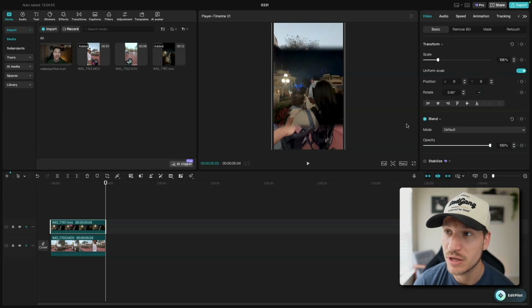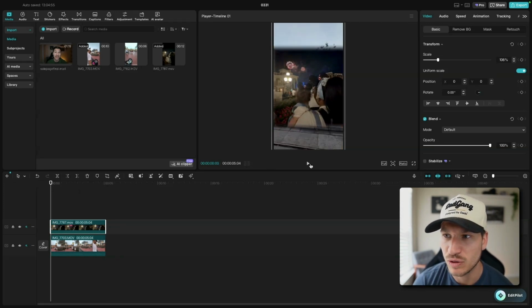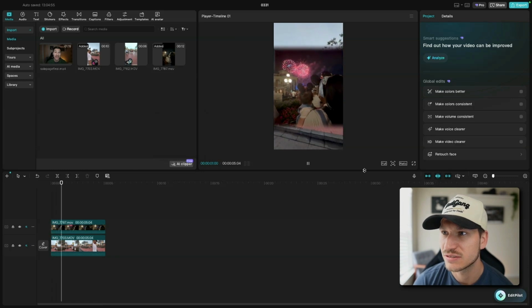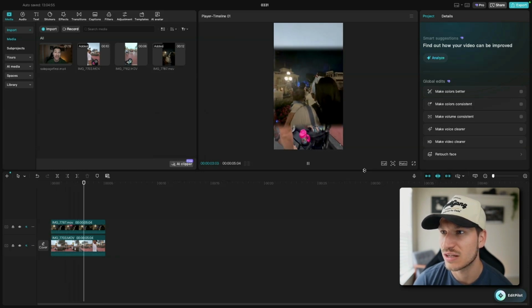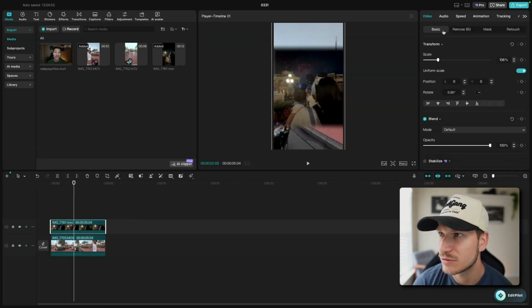You can even put it in the middle, which is cool because it has both sides of it. So if you had something that you wanted to highlight in the middle and you have just the regular around it, you could have that as well. So it would give this kind of appearance here, something like this. Again, things are still going on in the background, but I still have this as the main focus in the front. And again, if I needed to change that clip out at all, I would just go back to basic,